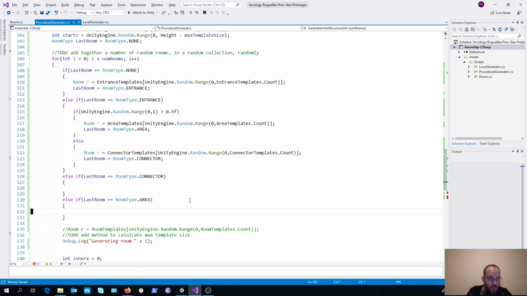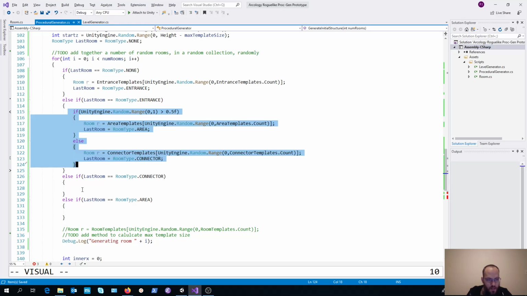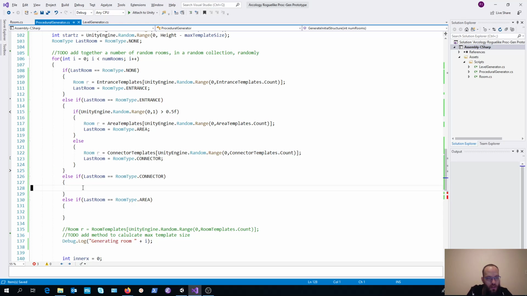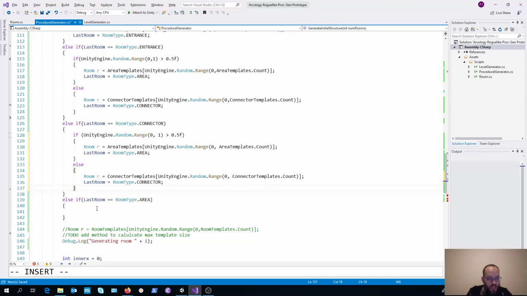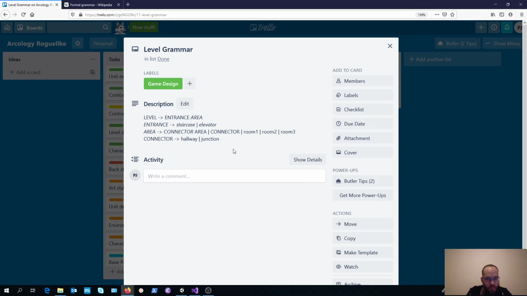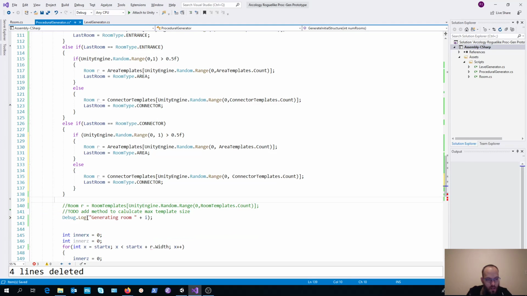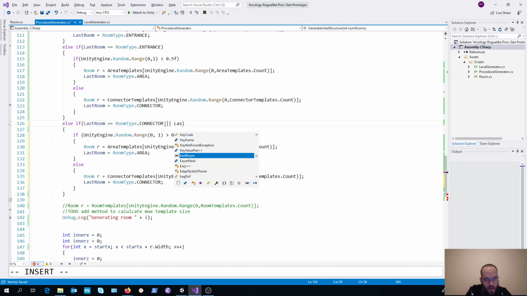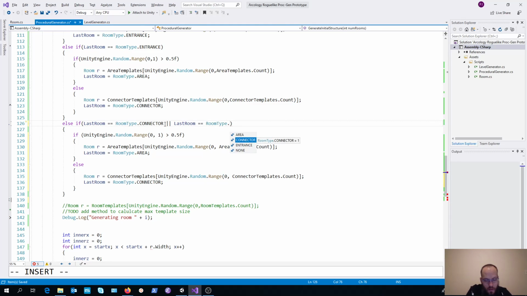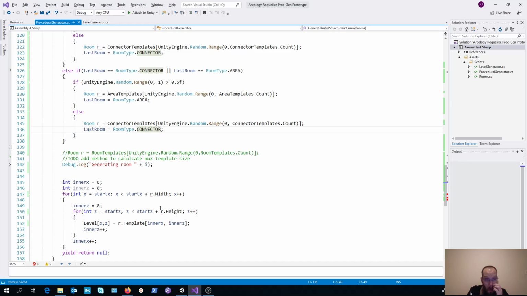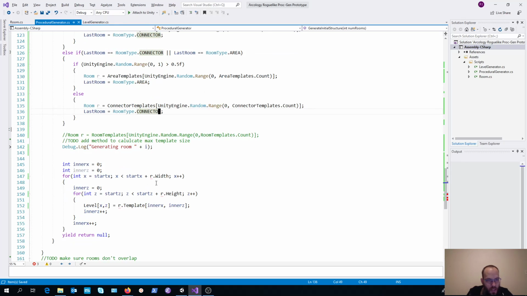Both connector and area can be more connectors or more areas. We don't have the most complicated system over here. So we can say, depending on what your last one was, we don't really care. We're going to give you a 50-50 chance of generating one of those. Okay, let's do this with